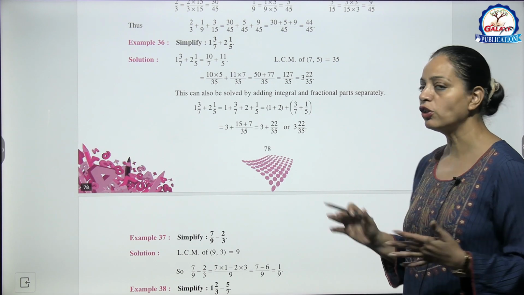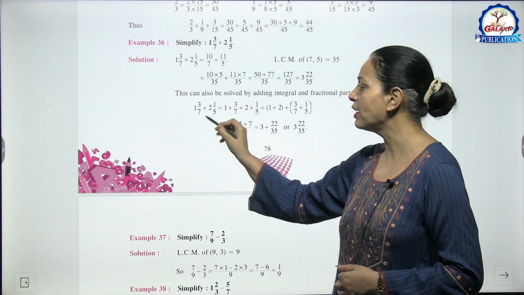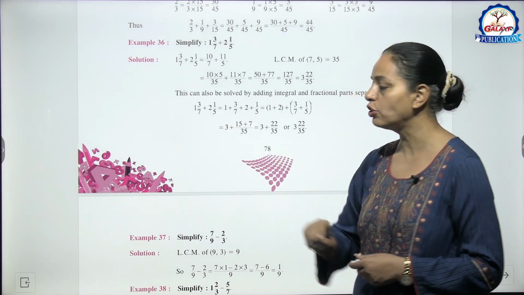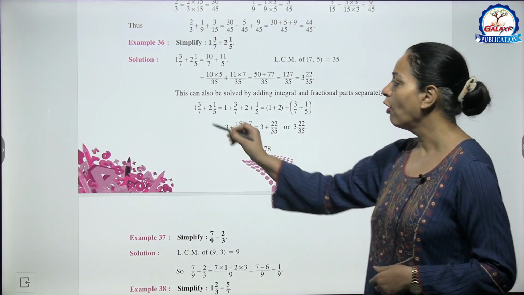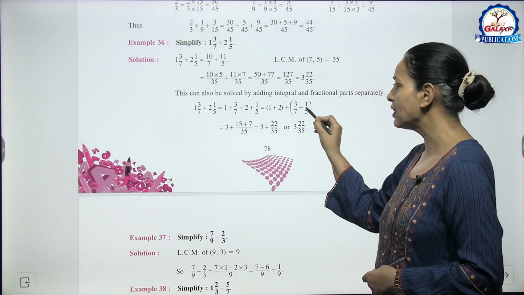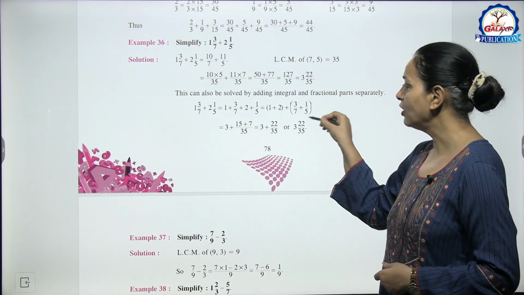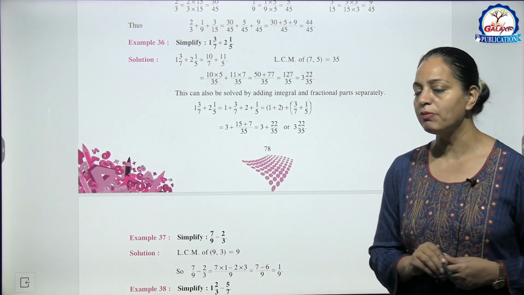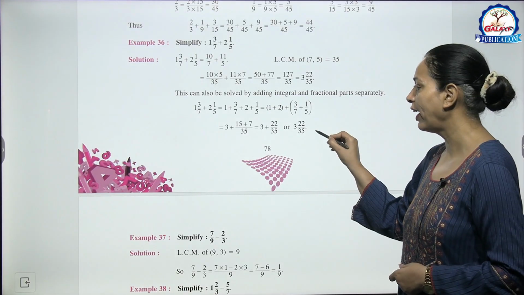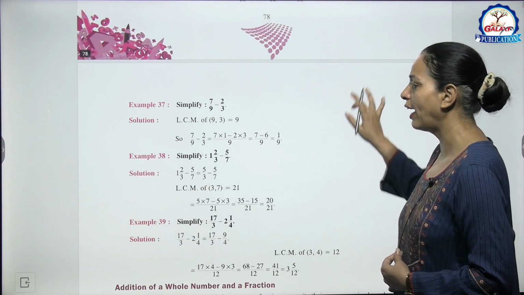There is another way to solve such type of questions. हमें क्या करना है, like 1 whole 3 by 7 plus 2 whole 1 by 5, तो हम जो whole parts हैं 1 and 2 इनको combine कर देंगे और fractional parts को combine कर देंगे. So 1 plus 2 plus 3 by 7 plus 1 by 5, 1 plus 2 is 3. Now add these two fractions by taking LCM. So we are getting 3 plus 22 by 35, and we can write it like this. So you can do it by any way, both are very simple and easy.